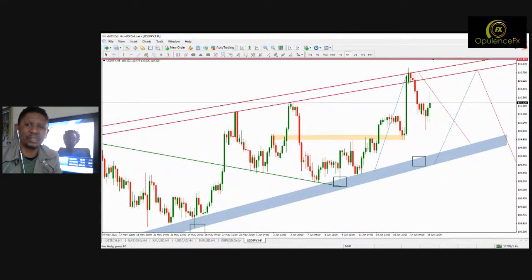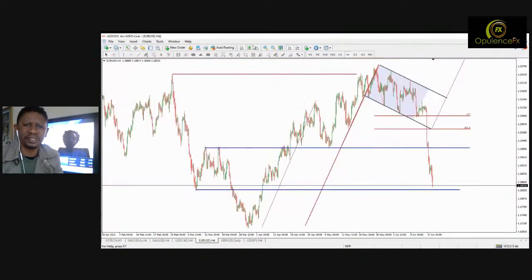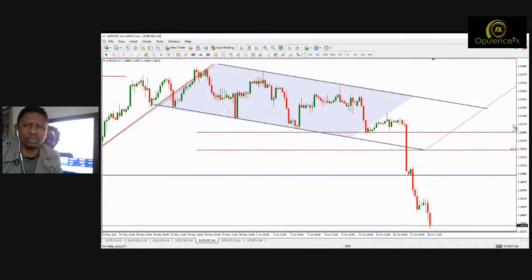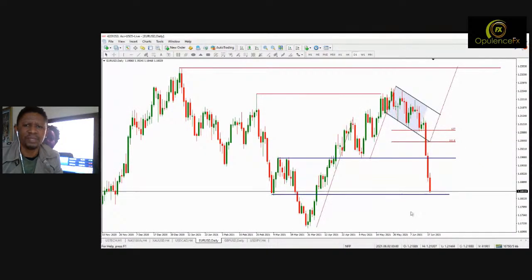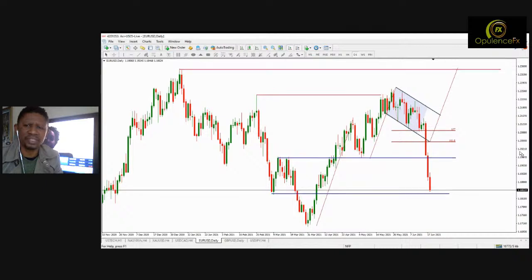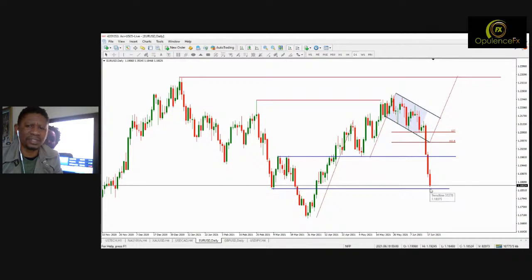The Nasdaq is holding up tight on that support. It could be waiting, just waiting. There it is. Could be waiting for the final touch. There is the touch. If the euro dollar does not hold the price here, we've got a serious problem. If the euro dollar does not hold the price here, I do not see Nasdaq surviving. I don't see the Dow Jones surviving. None of those indices of the US will survive the onslaught.